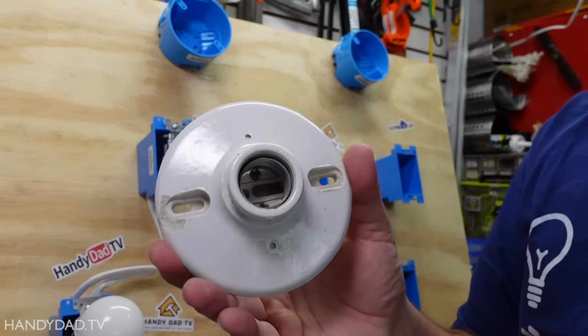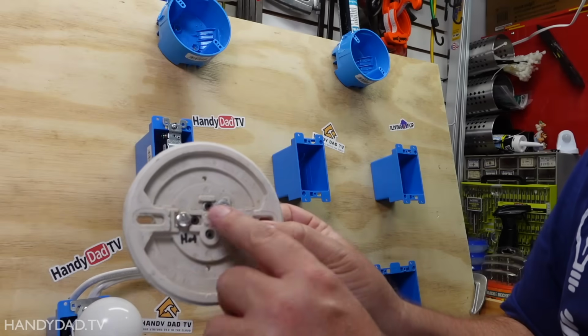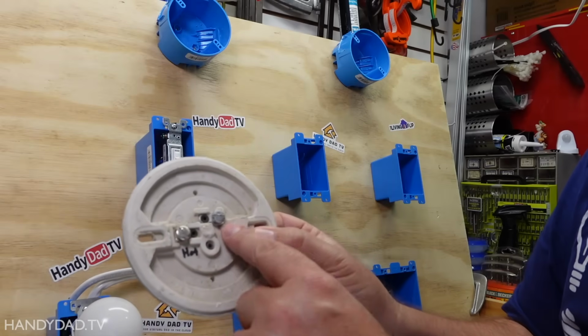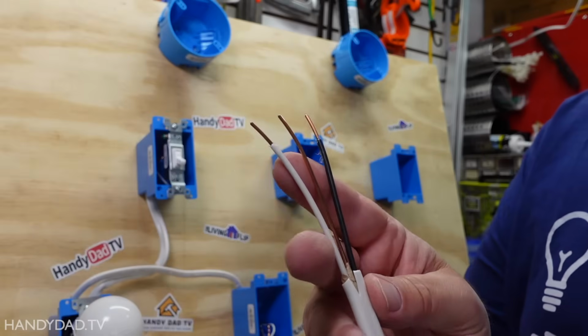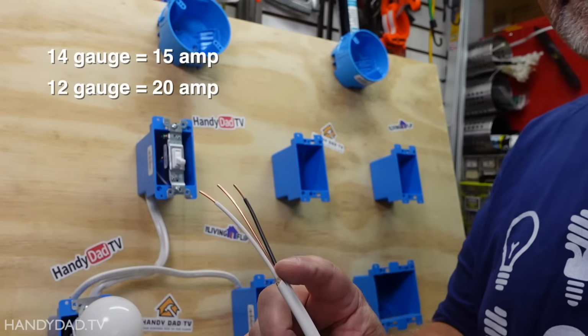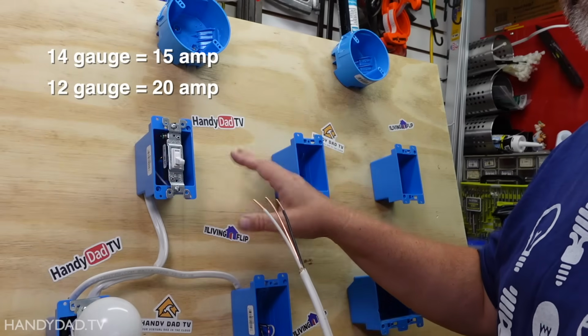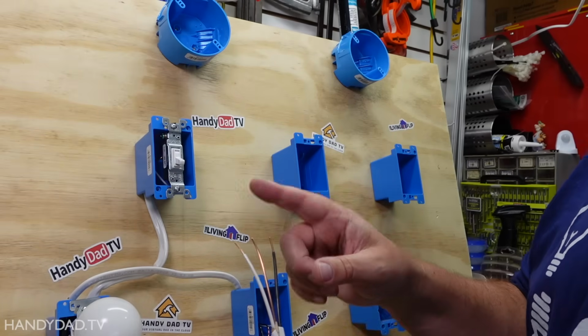So this is the light that I'm going to be using. It is old and it just has two leads on the back, two screws, hot and the neutral. Now this is the wire I'm going to be using. This is 14 gauge 2 conductor wire. Now 14 gauge is for 15 amp circuits. If it was a 20 amp circuit, I would need to use 12 gauge wire, which is thicker and more